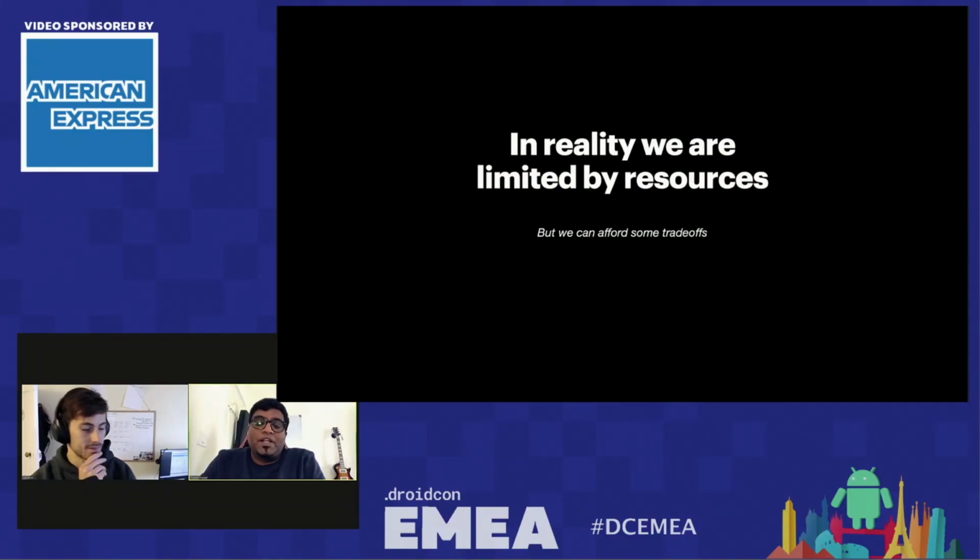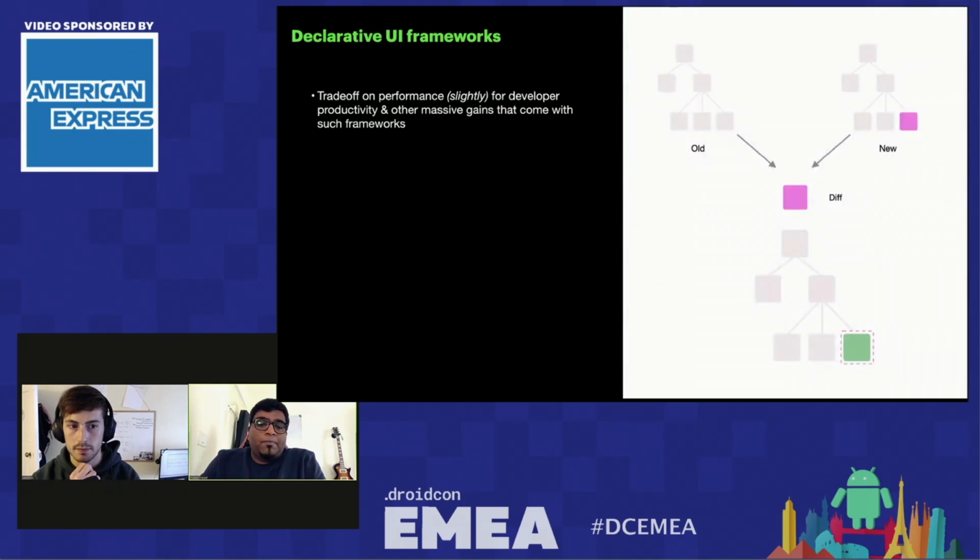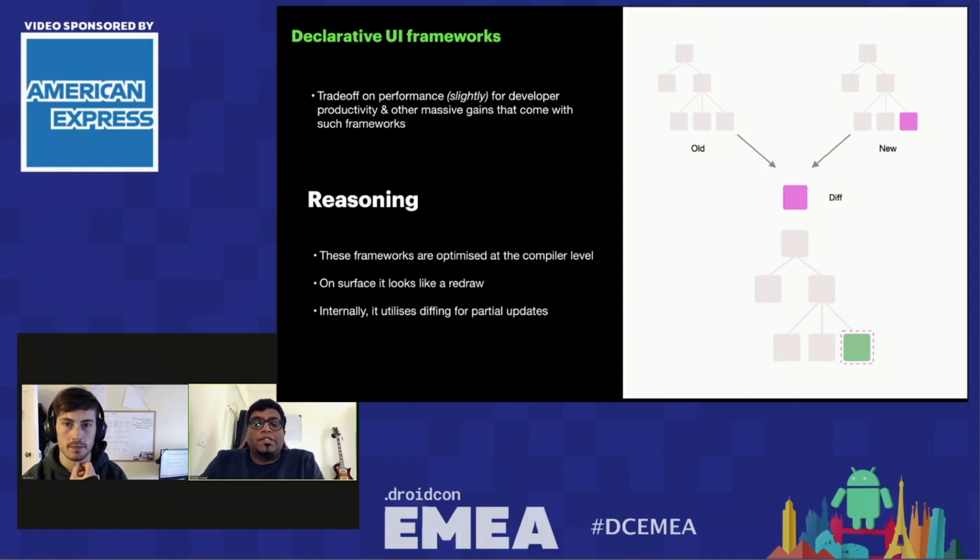And while we don't have infinite resources, we can afford some trade-offs. Declarative UI frameworks trade off performance slightly to offer the great developer experience and all the other advantages that Joe mentioned earlier, like a proper state management model and unidirectional data flow. And the reason why these frameworks can do so is because they are optimized at the compiler level. So on the surface, it seems like we are recreating the UI from scratch, but internally the tree is diffed and partially updated. And this was pioneered by React